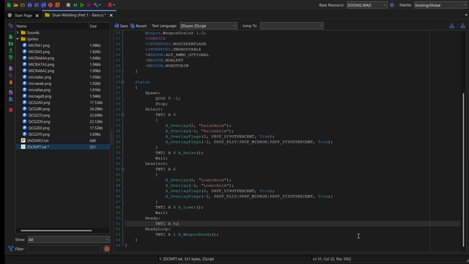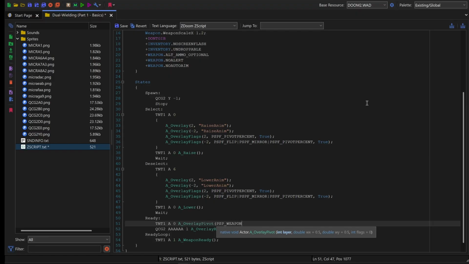If we were doing this traditionally, you would actually see the raising animation right here. It would be QCG2A, and then actually, yeah, it would have been A. So 6 A's right there. 1A, overlay rotate. And it would actually be on the weapon itself. So PSP weapon. That'll evaluate to 1, and then we can do 10 WF add, and then before that TNT1A0 A_OverlayPivot